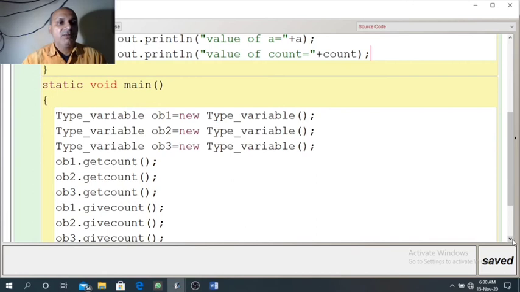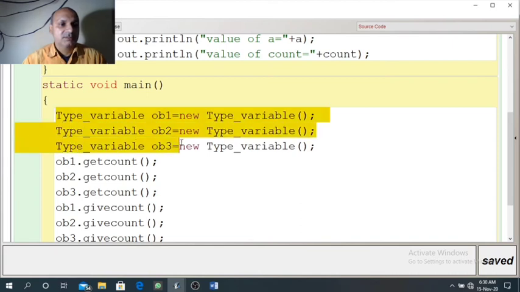Now we have the main method. In the main method, first we are creating three objects, ob1, ob2 and ob3. For creating an object, first we need to write the class name, then space, object name equal to new keyword, then again the class name.